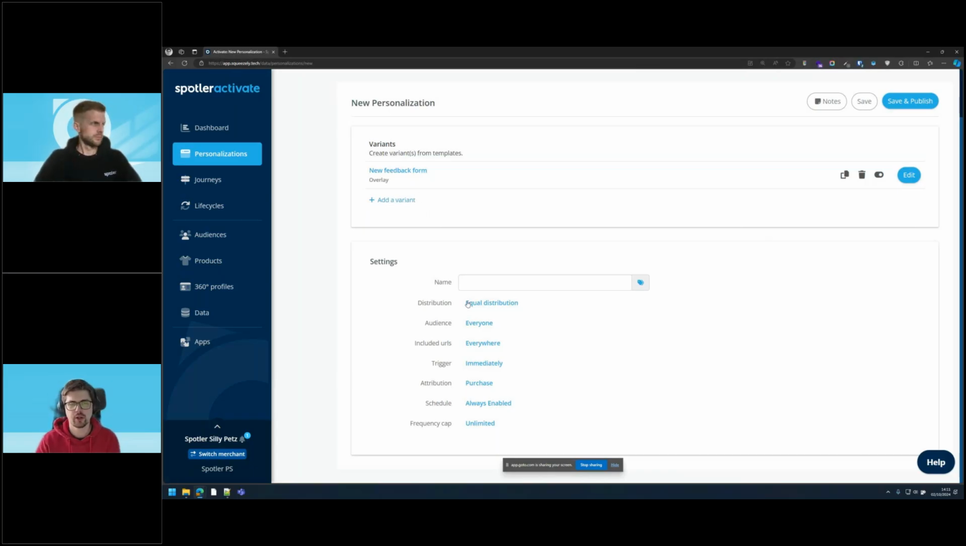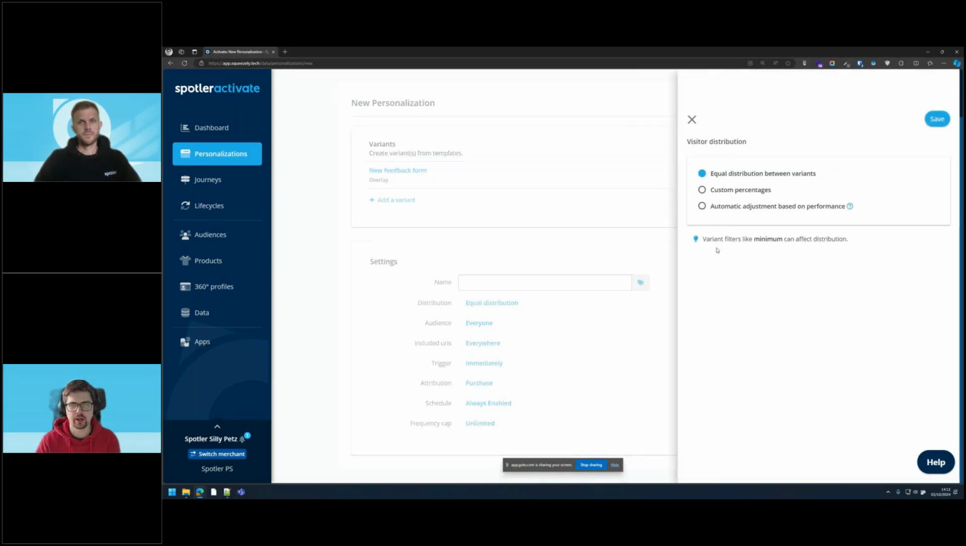Once I've got more than one variant, I can come down to the distribution down below. I can then modify how I want this test to work. So I can do an equal split between different variants. I can do a custom percentage. So depending on how many variants I've got, I can then split those out equally, or I can automate that